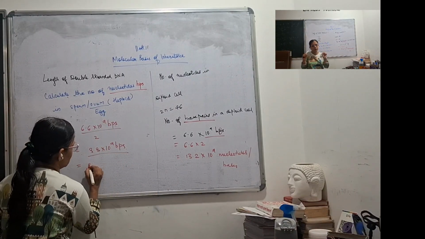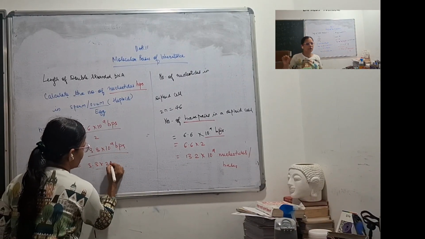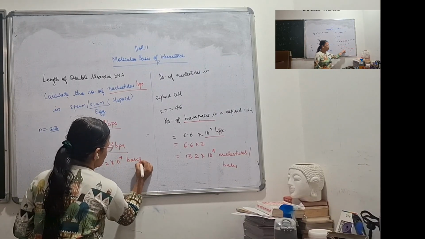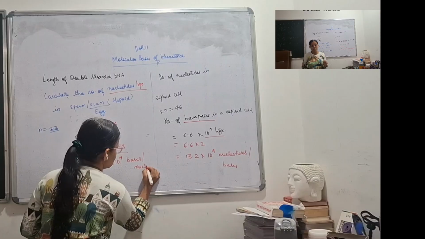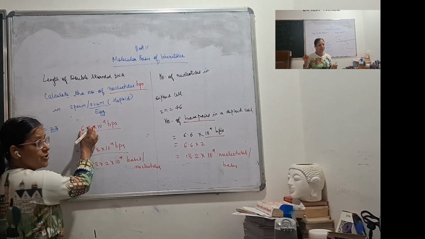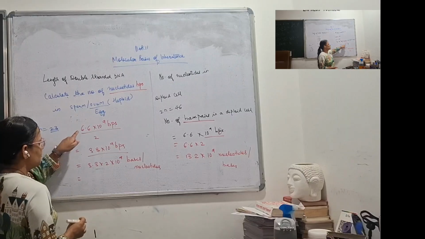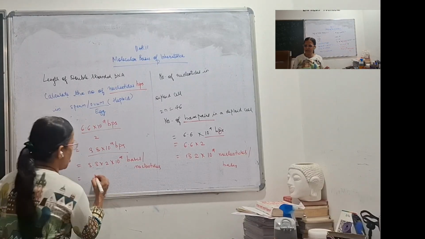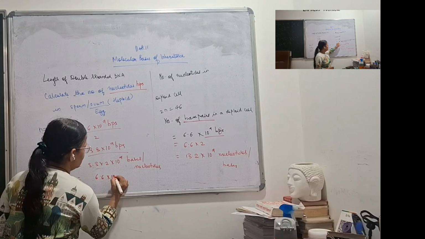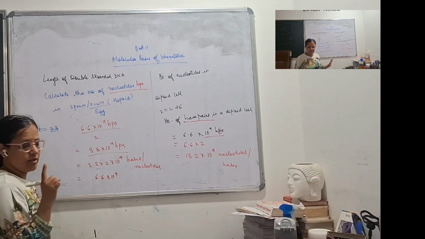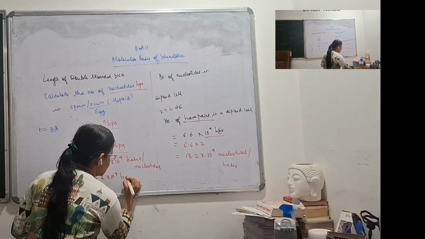So again the same thing, 3.3 multiplied by 2 into 10 raised to 9 bases, right? Or I can just call them as nucleotides. So the answer will come as the original figure, isn't it? Here we have divided by 2, again we are multiplying by 2, meaning we will get 6.6 into 10 raised to 9. But now this pairs word will not come. Now it will be only bases.